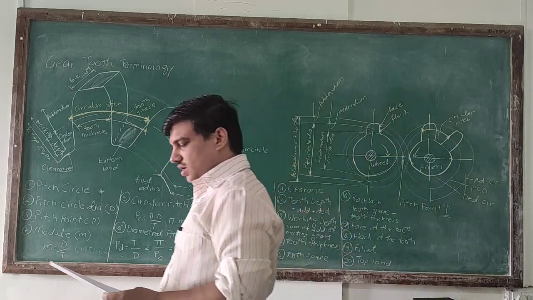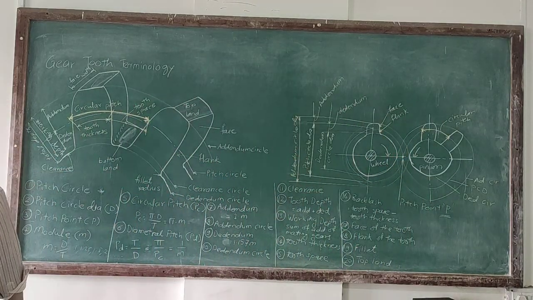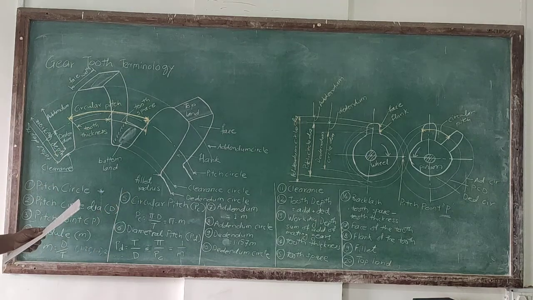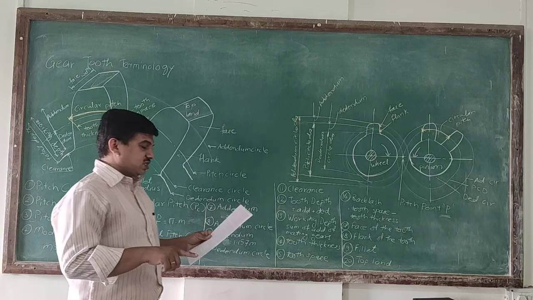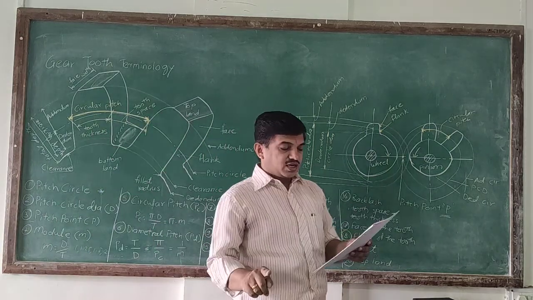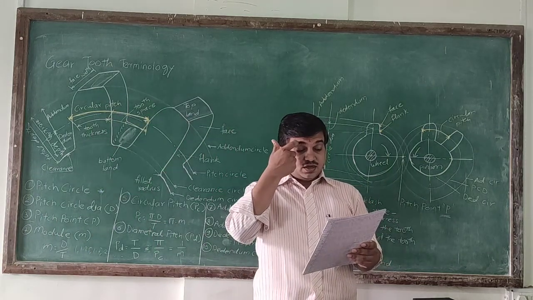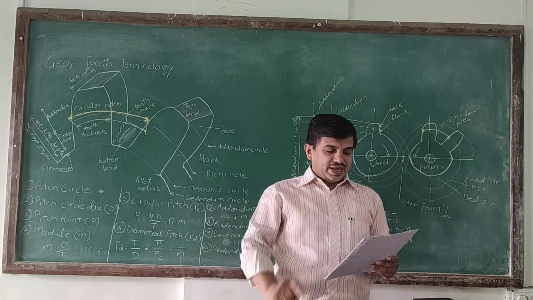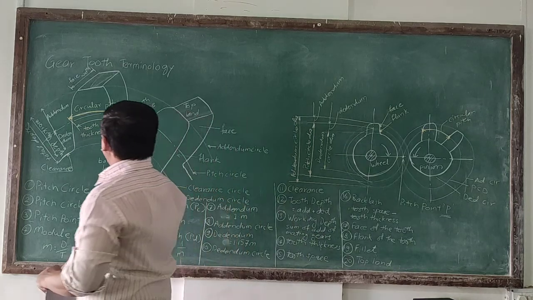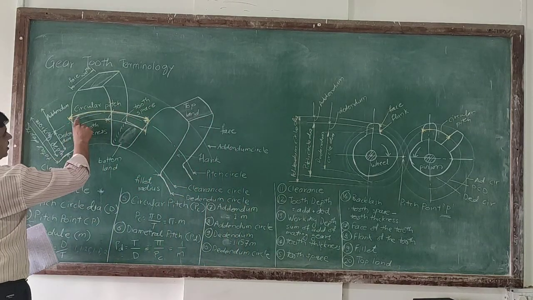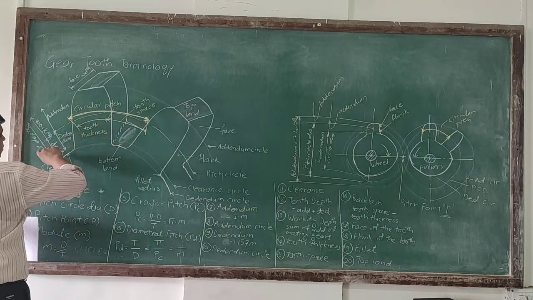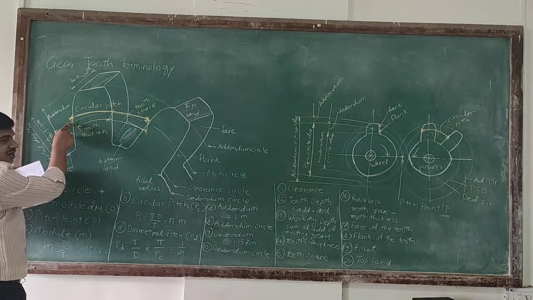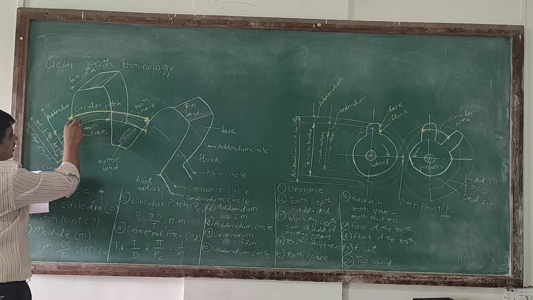Okay. Next is circular pitch. It is the circular distance measured along the circumference of the pitch circle from a point of the tooth to the corresponding point of the adjacent tooth. Let's see. Here you can see the circular pitch. Okay. So along the pitch circle, if we have started from this particular point of a gear tooth, then at